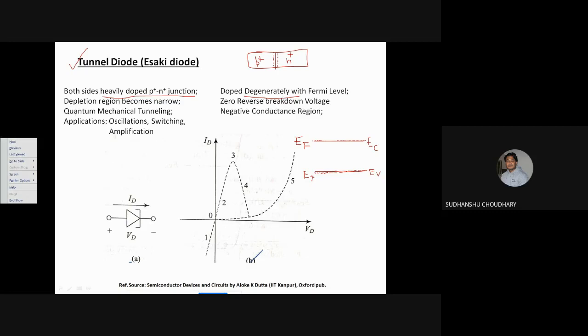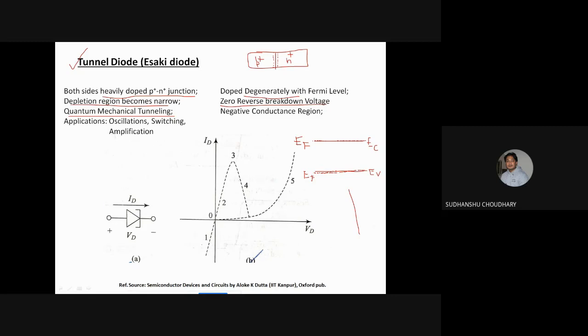The depletion region becomes narrow because of heavy doping. Now because the depletion region becomes narrow, the barrier is thin, and quantum mechanical tunneling can happen. Because of this quantum mechanical tunneling, the current can increase in reverse bias. In fact, in tunnel diodes, you will find that there is zero reverse breakdown voltage. That is, in a normal PN junction diode,